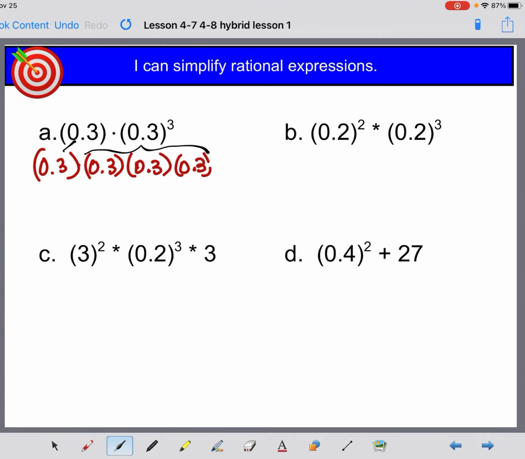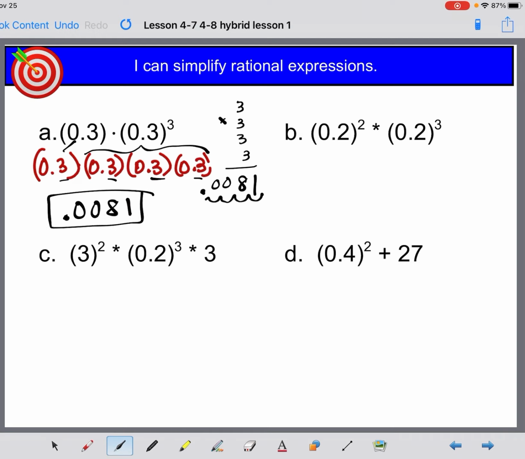Now, you multiply as though the decimals aren't there, which is 3 times 3 times 3 times 3, and I get 81. Then I have 1, 2, 3, 4 places after the decimal. So 1, 2, 3, 4. And I get 0.0081. The next one, I have 2/10